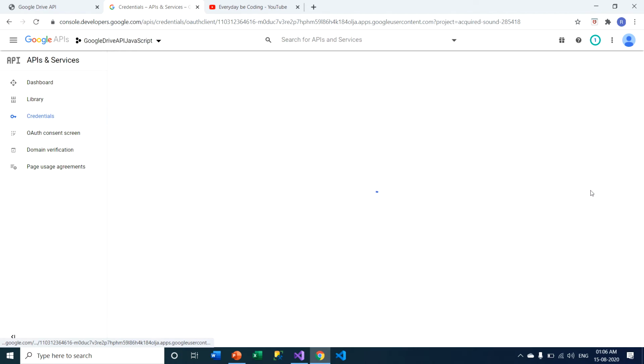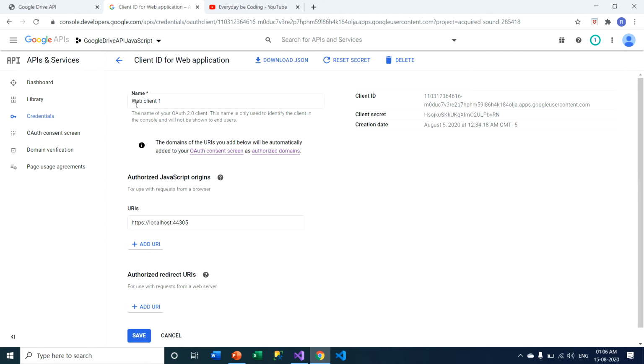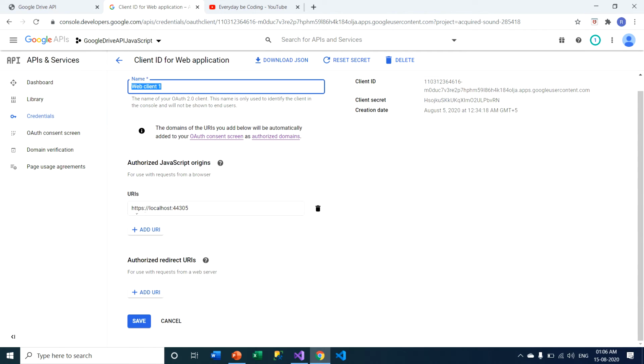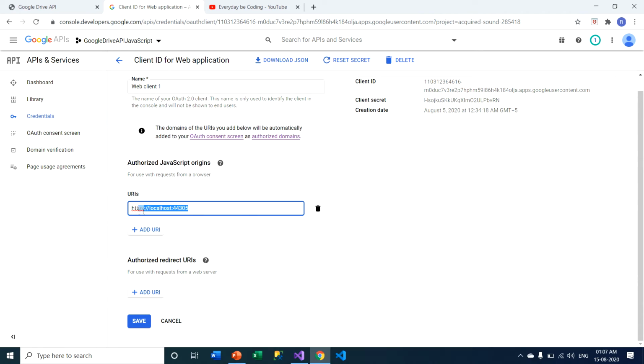When you click on this edit button, you can see the name of this credential, that means the OAuth 2.0 client ID. You need to specify a URL in this section. Suppose you have an application hosted on a production server. In that case, you need to specify your production URL in this section.